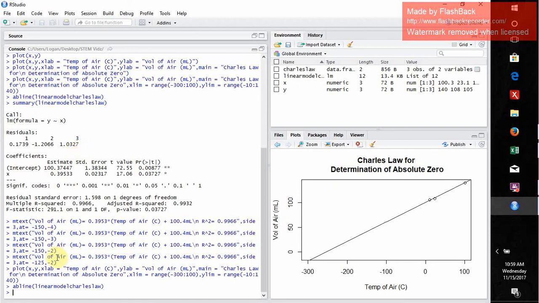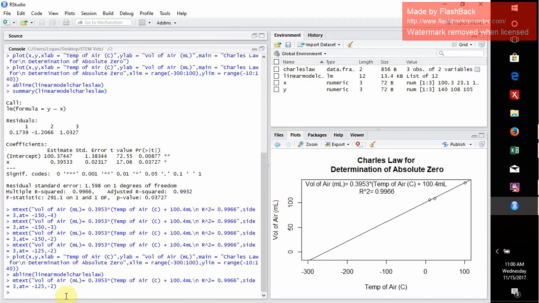But what I do want to do is I want to put the equation of the line in a better position. So remember that this is the code. We executed the mtext code a few different times just to kind of move the equation of the line around a little bit to a more appropriate position. So again, this was the mtext that gave us the equation that we wanted. So I'm going to go ahead and re-execute that, and that's going to work for us. That's going to give us the equation of the line